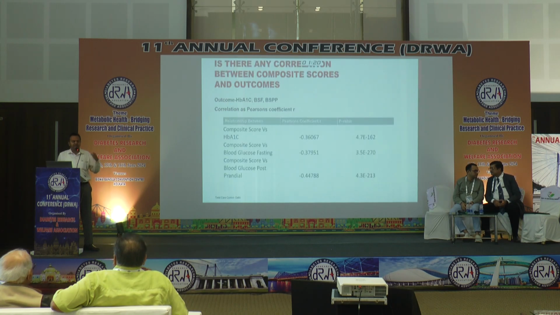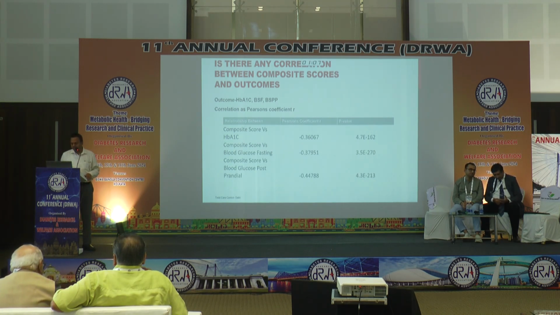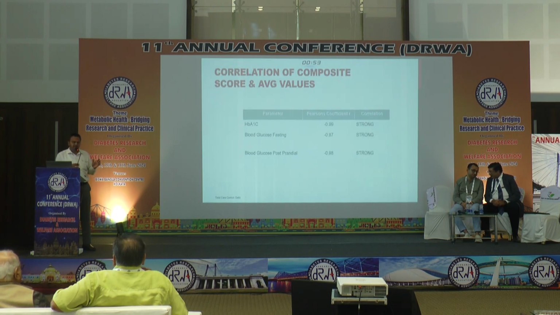So we did a Pearson's analysis of these scores versus the total number of outcomes. We found a moderate correlation when we compared all the scores with all the outcomes. As you can see, for HbA1c versus the score, it is 0.36, with fasting 0.37, and with PPG 0.44. When we did a similar analysis with the score values against the average of the outcomes,